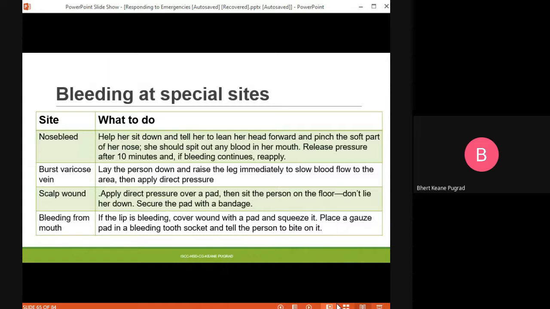So there are bleeding sites with special, or there are bleeding at special sites that we need to consider. First is kapag nose bleeding lang naman siya, ano yung pwede natin gawin? You help the patient sit down and tell him or her to lean her forehead and pinch the soft part of the patient's nose, no? Spit blood that is coming from her mouth and release the pressure after 10 minutes. If bleeding continues,